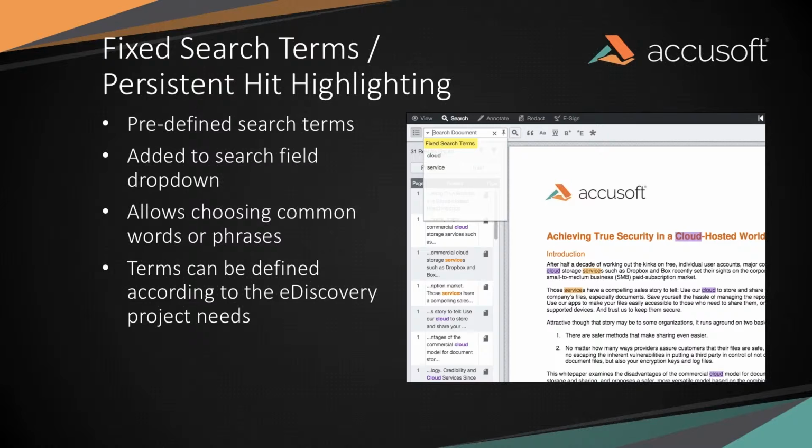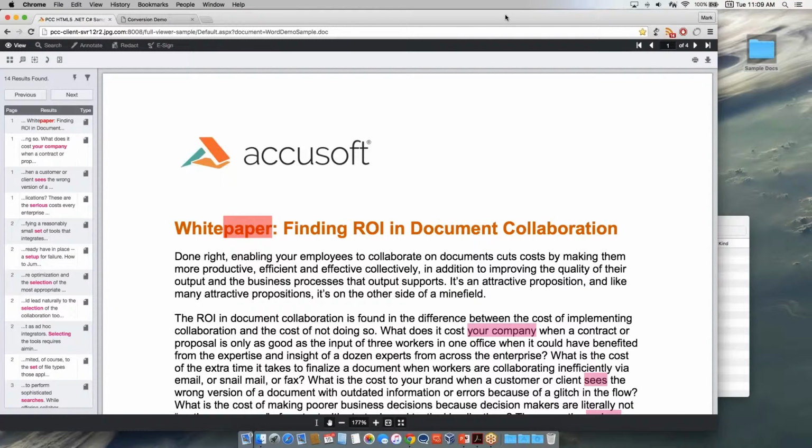Okay, so right now I'd like to demonstrate this for you. So now what you're looking at is a viewer, and this particular viewer is a .NET C# sample viewer. This is included whenever you purchase PCC. It's part of the package, but I want to make note here that what I'm showing you is a sample viewer. You of course could create your own viewer,